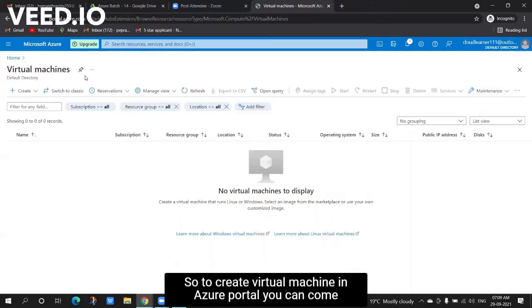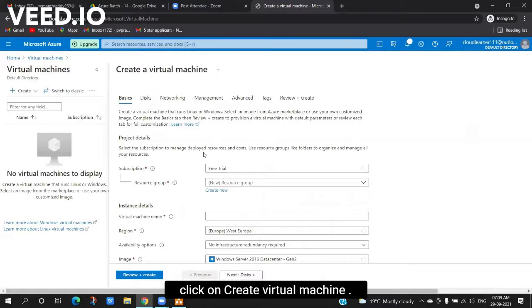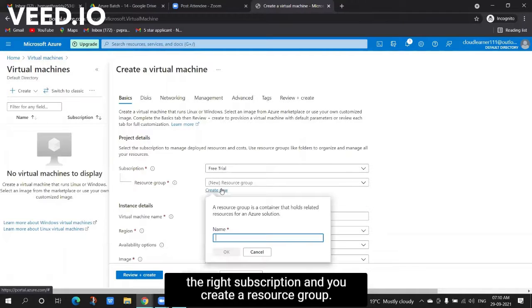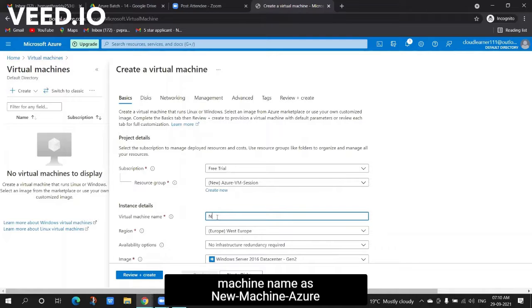To create a virtual machine in the Azure portal, you can come to the virtual machine blade and click on create virtual machine. Here you have to select a subscription. If you have multiple subscriptions, you'll have to select the right subscription and create a resource group. If you don't have any existing resource group, I'll call mine Azure VM session as my resource group, and I'm giving the virtual machine name as new machine Azure,